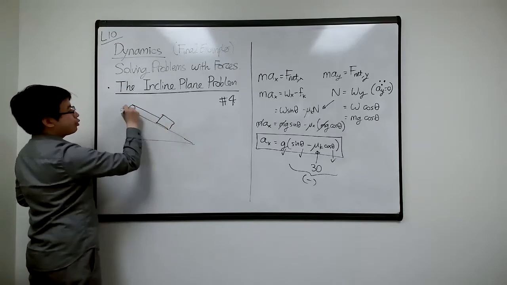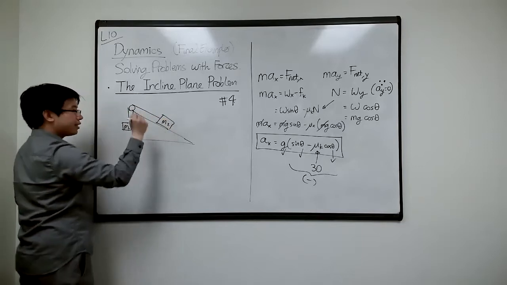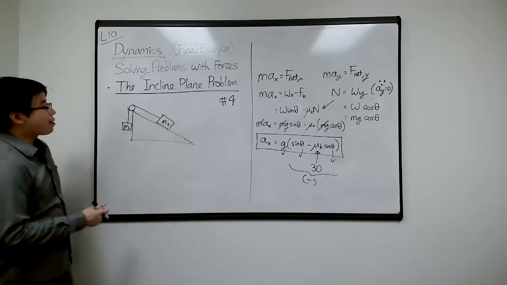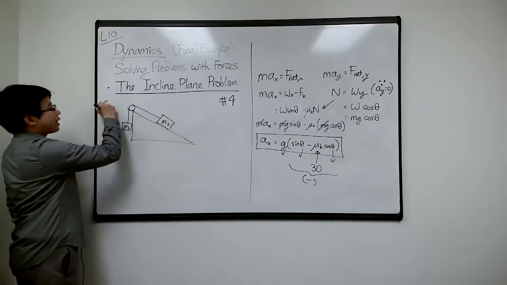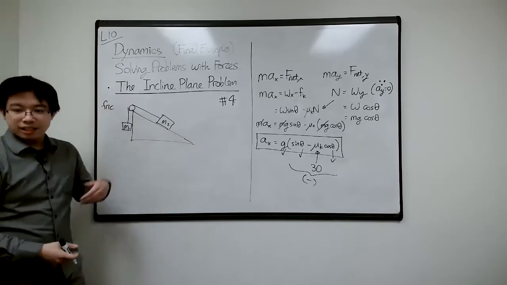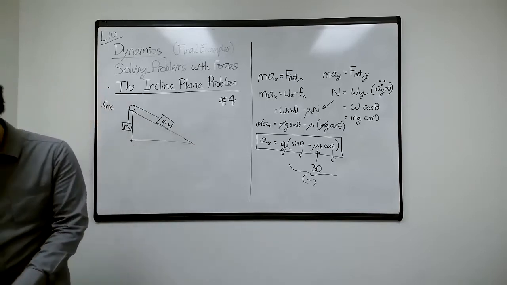So we have 2 masses, right? So let's call it M1, M2, like this. And let's draw the free body diagram. So let's draw the friction. So there is friction, especially for M2, not really for M1. It's just gonna be in free fall. But yeah, we can ask a couple of questions,